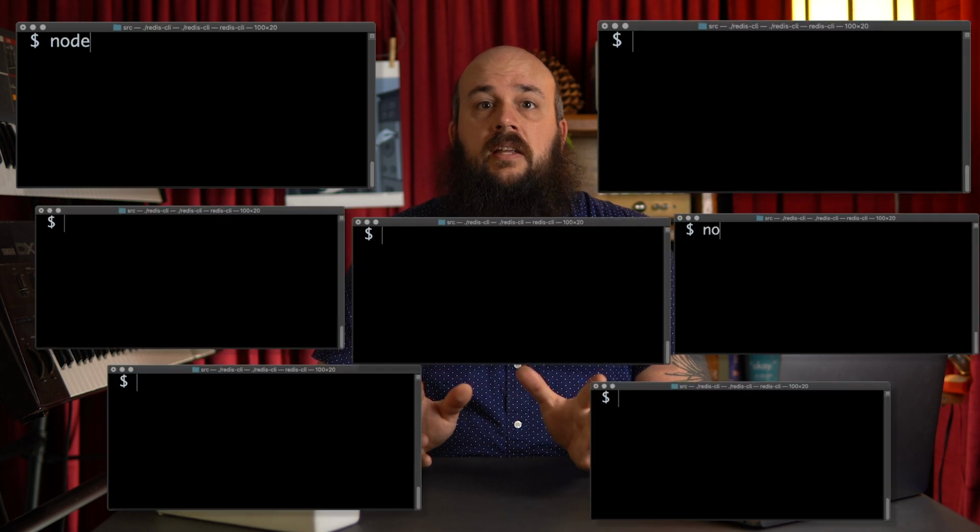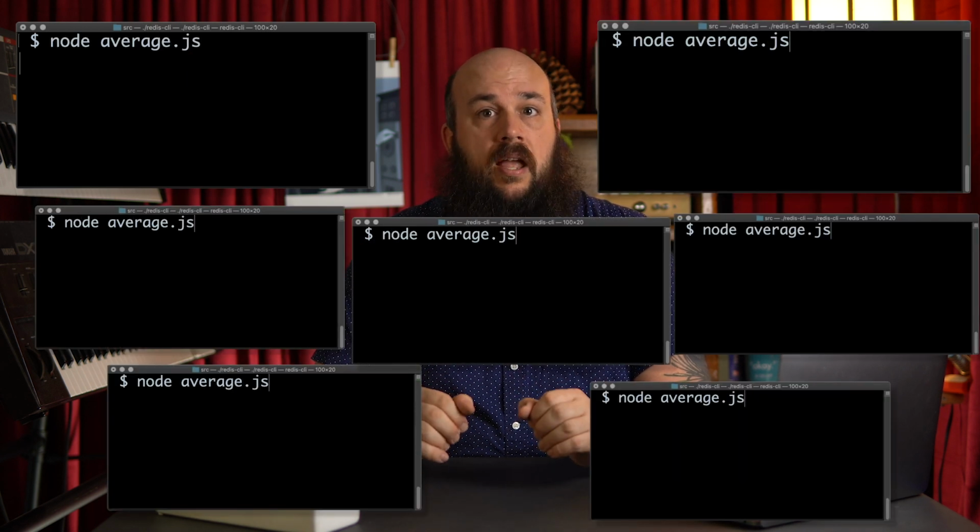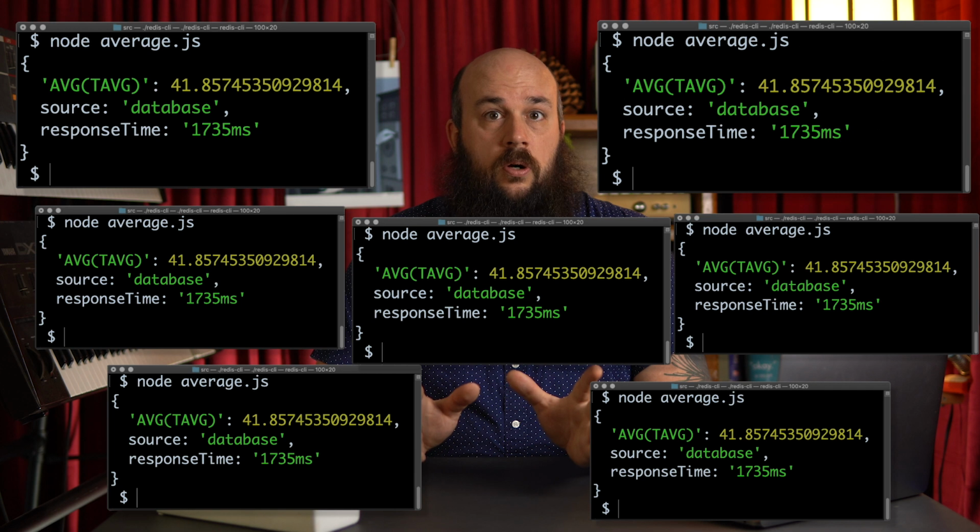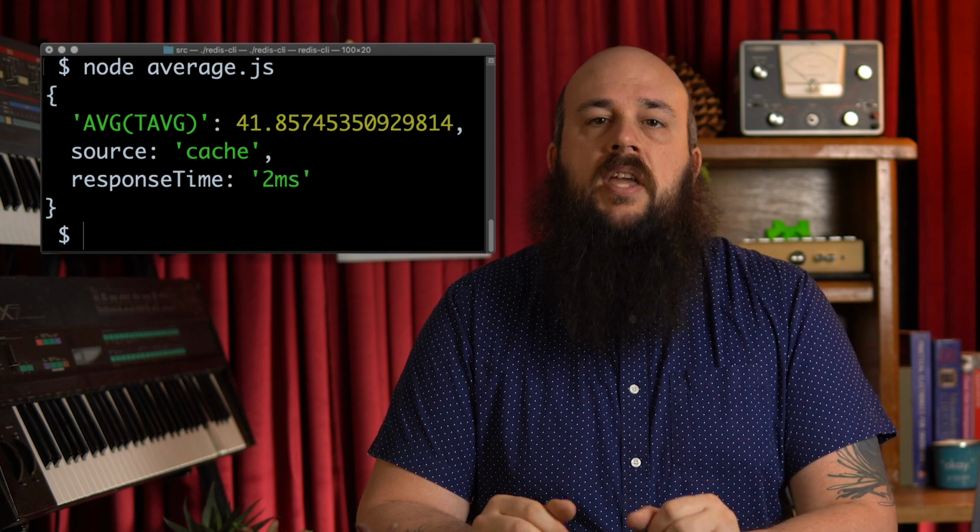There's never a need to calculate this temperature average more than once per day, as the result won't change. So, to give our users the fastest possible response time for this query, we'll store the average in our cache after the initial calculation. Now, whenever a request for this calculation comes up, we'll simply return the cached value. So let's look at the actual caching logic in the Node.js backend.